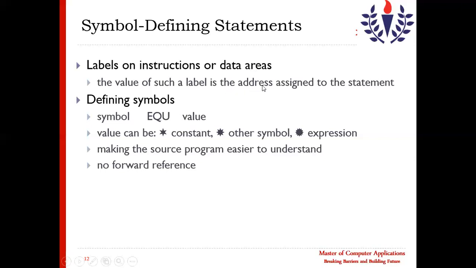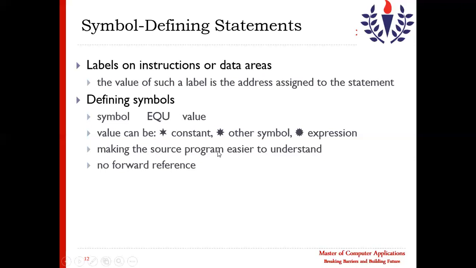The value of such a label is the address assigned to the statement. Later on, when we calculate its value, it will be an address, the address of this instruction or data area, and it can also be assigned some value using EQU.